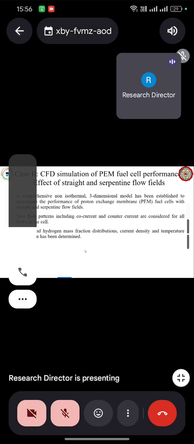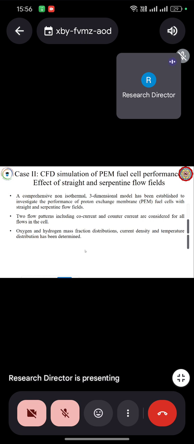We are also checking the temperature distribution. If the temperature increases too much, like 100 or maybe 200, the membrane can easily get damaged. So we are trying to optimize temperature too. One of the challenging tasks is the critical heat dissipation in the